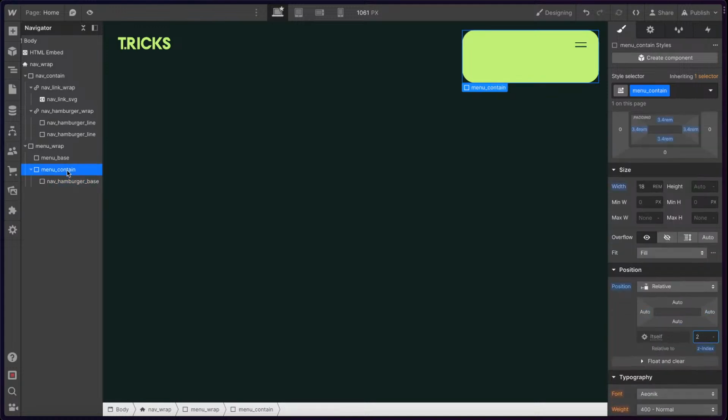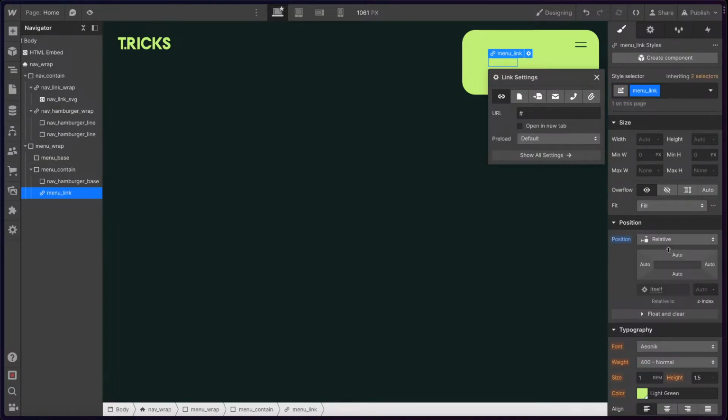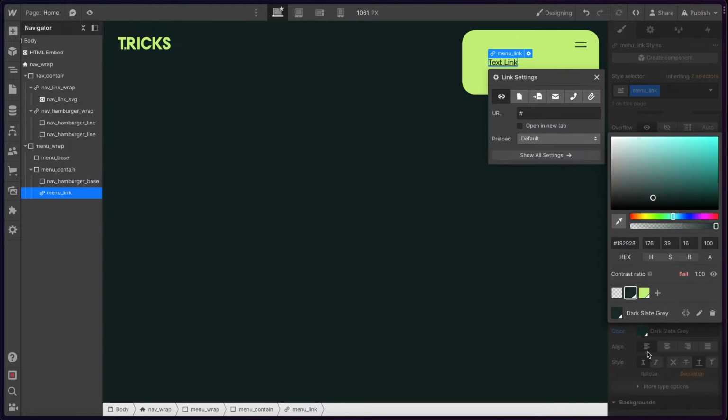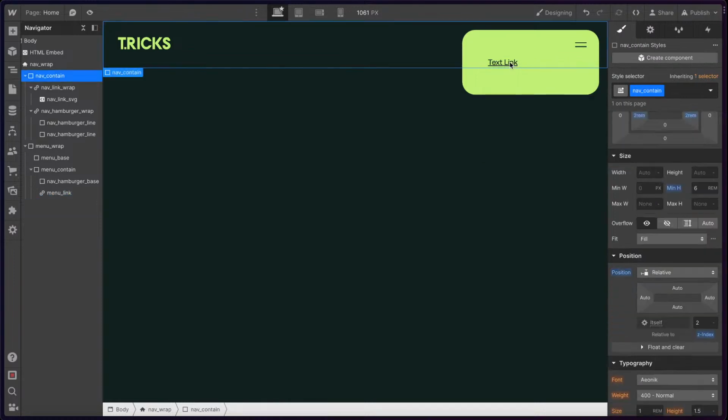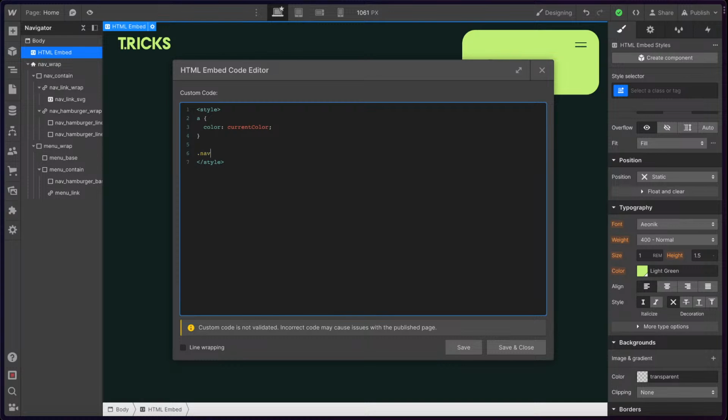And then we can drop basically all of our links in here. I'll just drop in a text link, and we'll give this the class of menu link. And I'll give this a position of relative, so it's on top of the base, z-index 2. We may need to set a color on it. There we go. So this is getting in my way, like I can't click on the link underneath just because this is at a higher z-index. So what I'll do is give this nav contain here